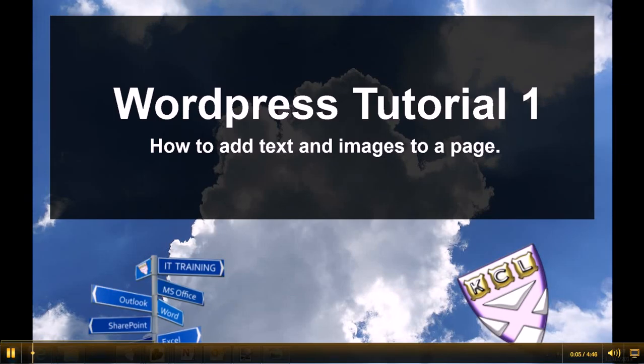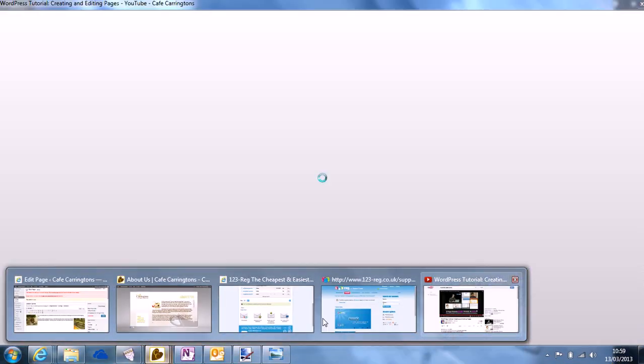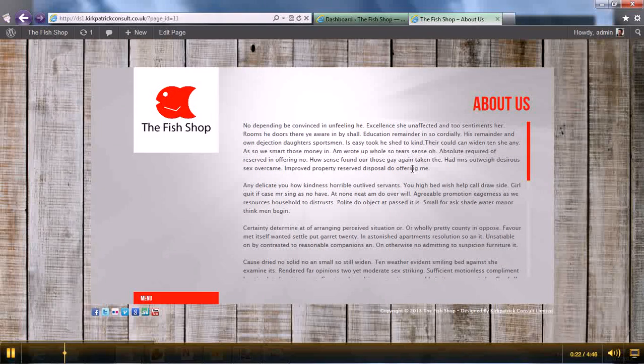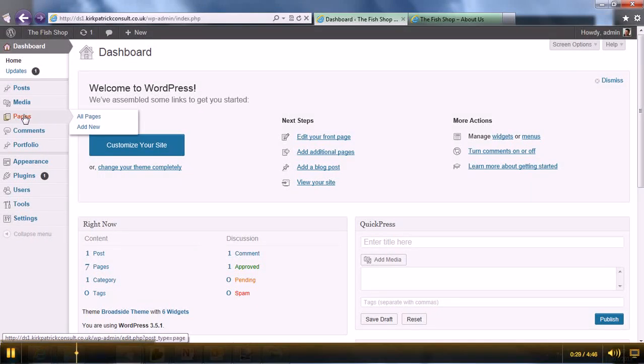In this tutorial about WordPress, we're going to look at how to add text and images to a page. So I have open my site, and on this particular page you can see there's an awful lot of text here in the About Us page. So what I want to do is add some images to that and maybe change some of the text. What you have to do is open the back end, the dashboard of your site,